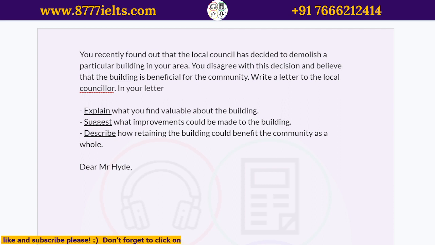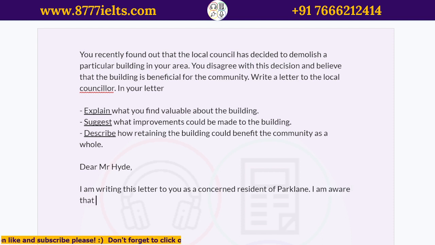The first thing I need to do in a formal letter is tell them why I am writing. And that only takes up one line. It doesn't take up much of your content. So in this case, for example, I am writing this letter to you, or this letter is being written to you. You can choose either one. So I am writing this letter to you as a concerned resident of Park Lane, for example. I have been made aware, or I am aware that,